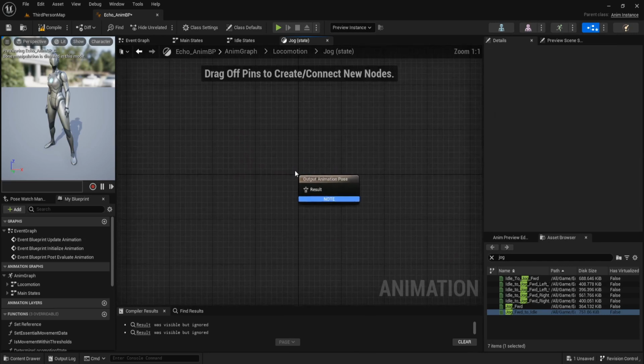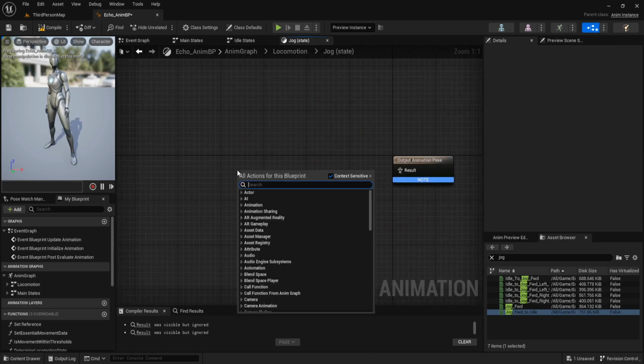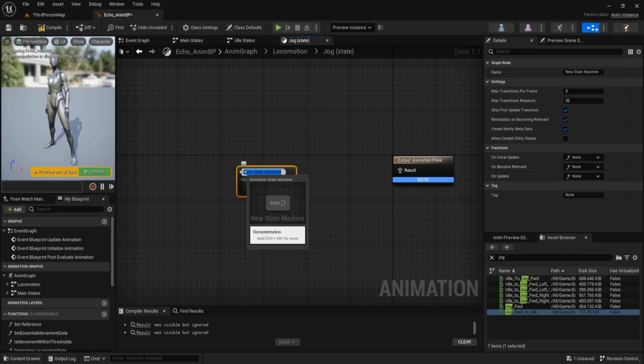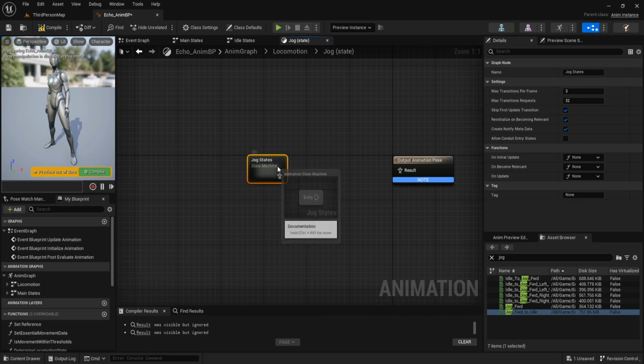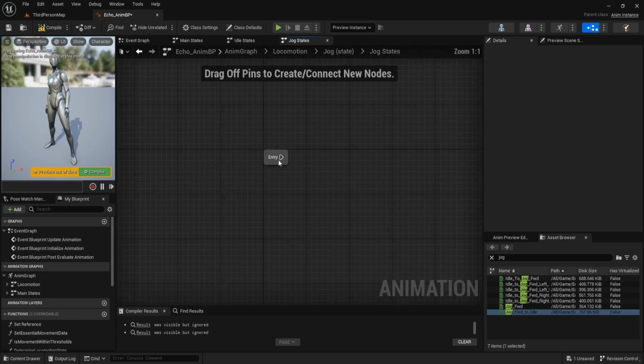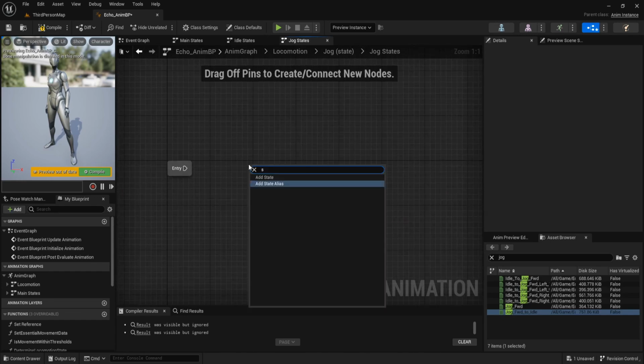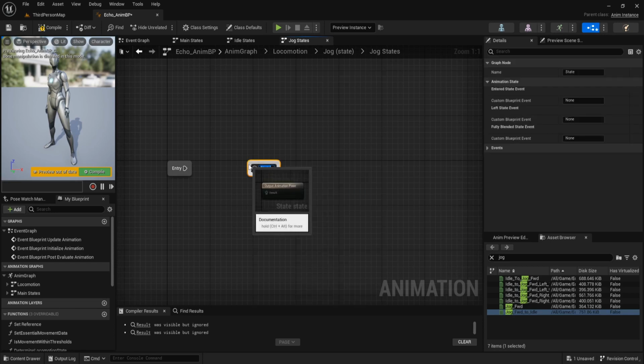And open this state. Create a new state machine. Name is jog states, because inside this state machine there is another state inside it. Open it. Create state. Name is entry.